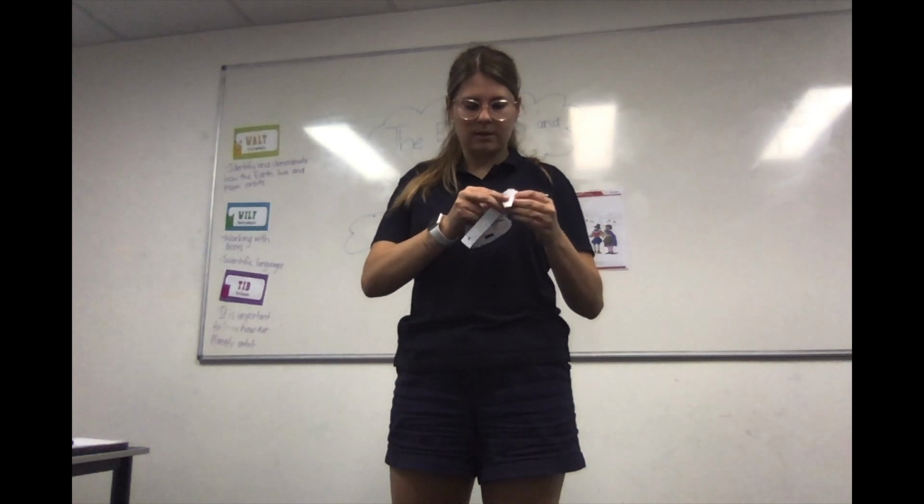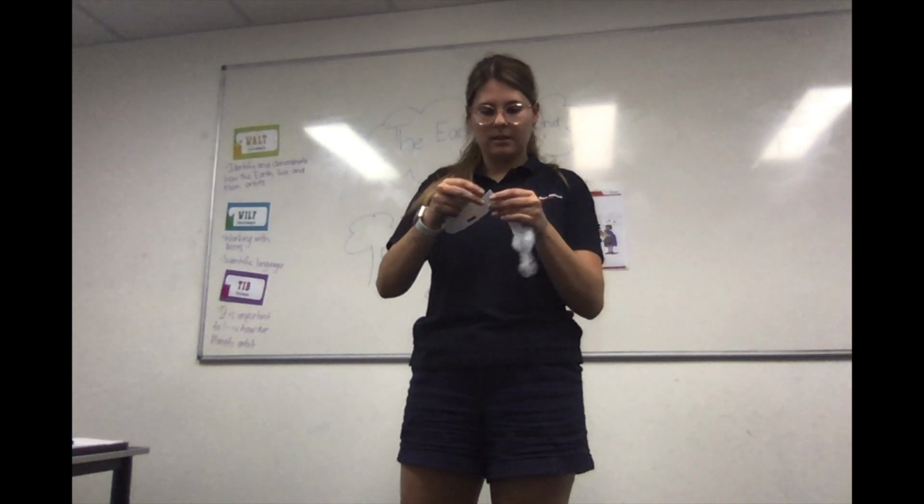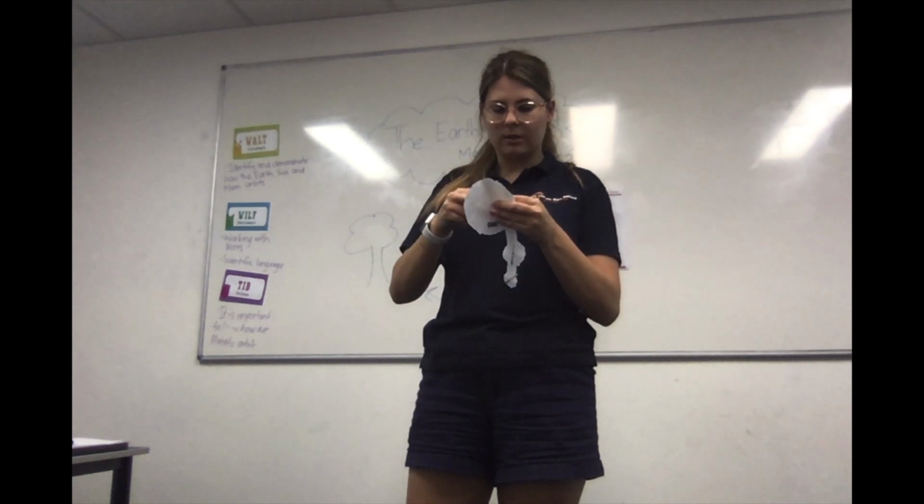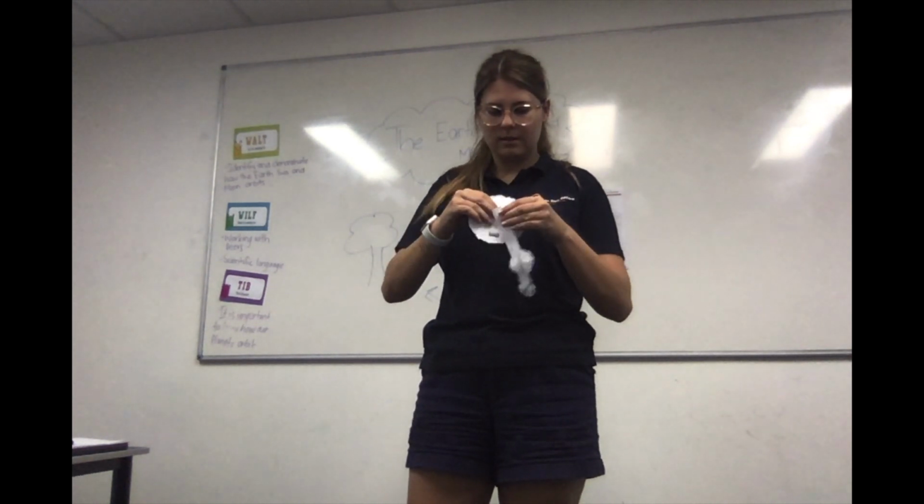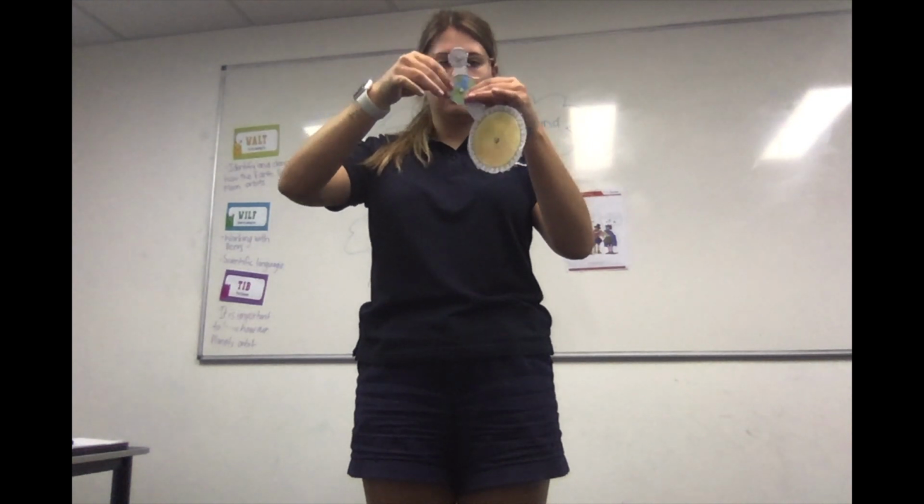Let's just put it like that and like this. So this is what your groups' looks like. There we are. So the moon and the sun circle around the earth. So if we did that, moving this,